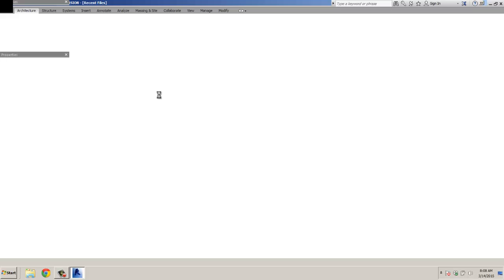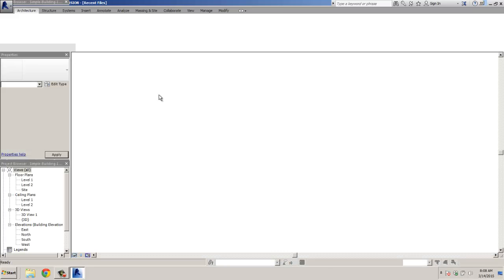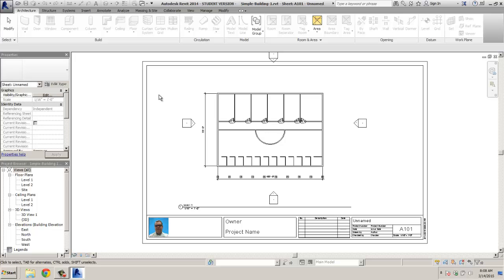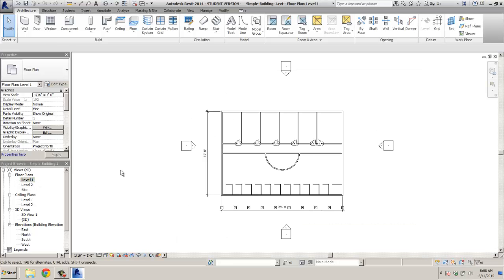user interface. So if you look on page 1-6, you're going to see some things that are familiar to you from AutoCAD, and you're going to see some things that are new. If I come back here and I'll just click my level 1. So here's basically a floor plan. And in that floor plan,